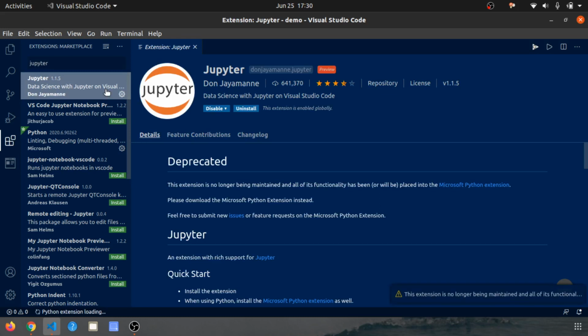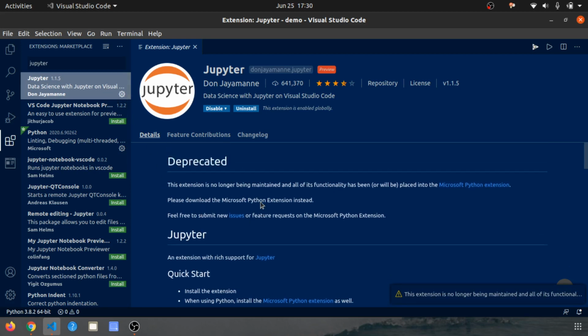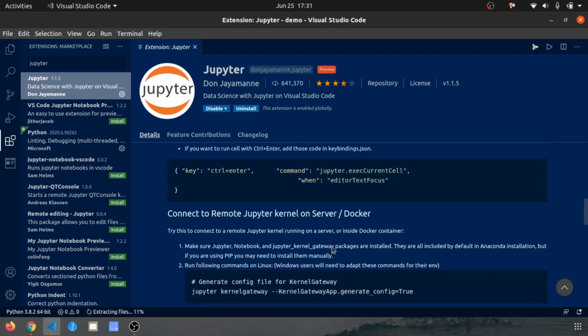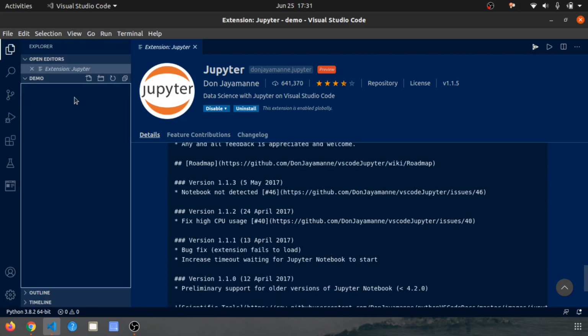It has one con: it is no longer being maintained, so it doesn't get updated, but you can still use it because it is so useful that you can run notebooks in VS Code without leaving VS Code, and get all the features like automatic IntelliSense and live code editing also. So this is a really good thing about it.